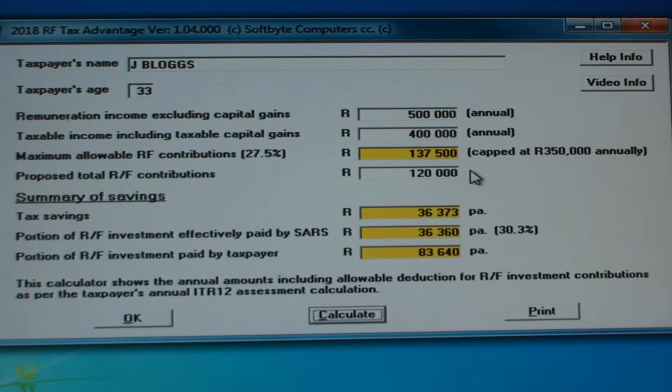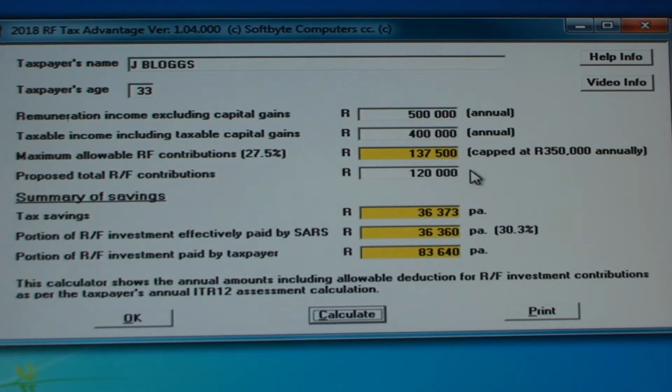The difference in tax due on 400,000 and the tax due on 280,000 is 36,373 Rand. And 36,373 Rand is 30.3% of the 120,000 Rand contributions. A 30.3% saving means that SARS is effectively paying 30.3% or 36,360 Rand of the 120,000 Rand contributions, and the taxpayer will pay only